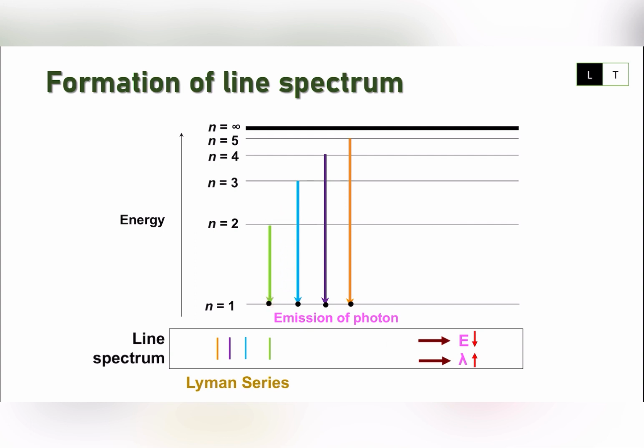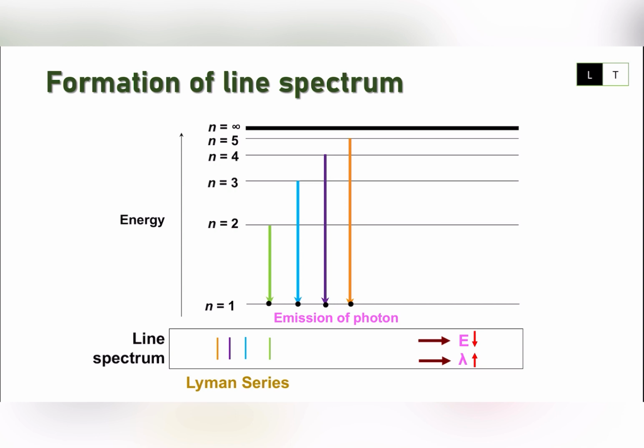We are going to call the first line, the green one, the first transition, the blue line the second transition, purple the third transition, and the last one, the orange line, the fourth transition. So that's why you have to take a look at the question that you got, whether it is specific about which